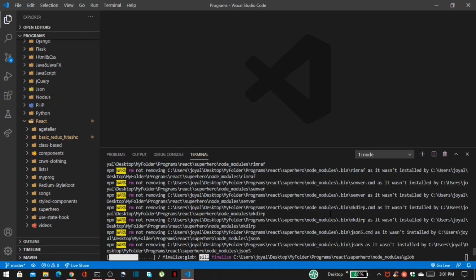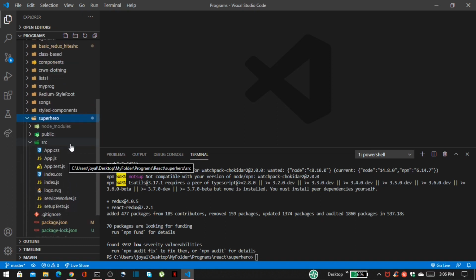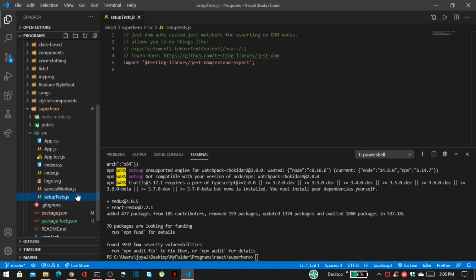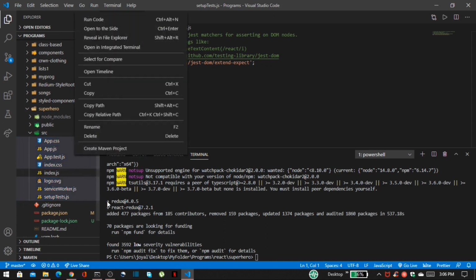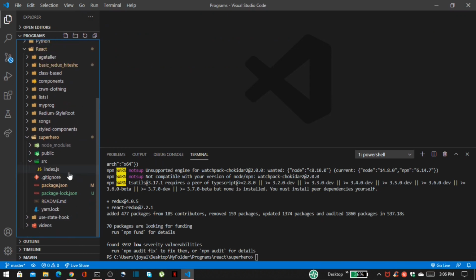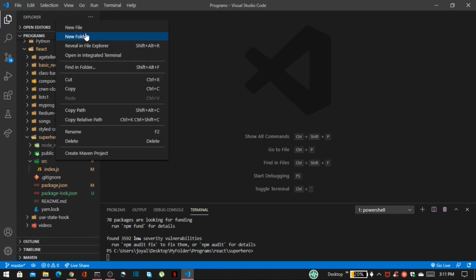For this project, basic knowledge of redux is required, like what a store, reducer, subscribe and dispatch are, and how we can use them. After that, inside your folder, first inside this source folder, I want to delete all of these files except this index.js. After that, let's create our first component inside this source folder.